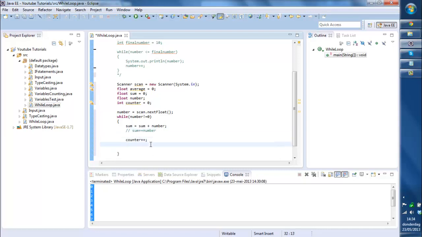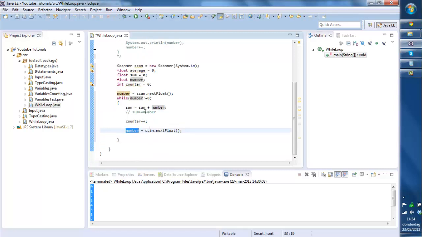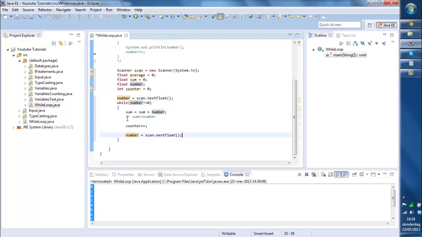After the counter is plus plus, you're going to ask another number, and we're gonna add a new number. When you read a new number, it goes to the while loop and checks: if the number is not zero, we're going to execute the code again. So we add to the sum, put the counter higher, and read the number again. As long as the number is not 0, it will keep adding numbers and keep raising the counter. So when you get out of the loop, you're just gonna do